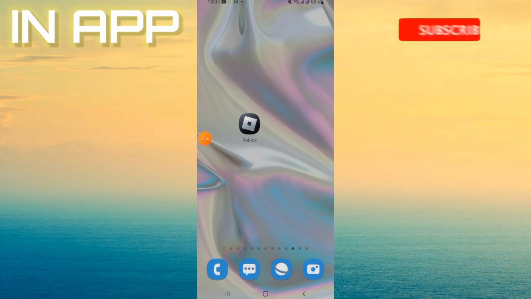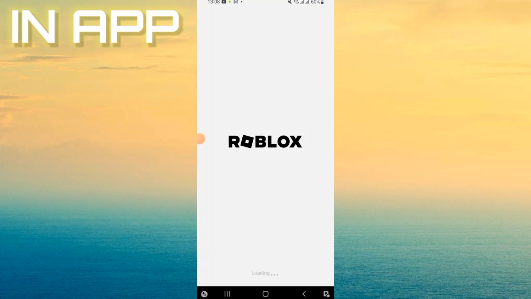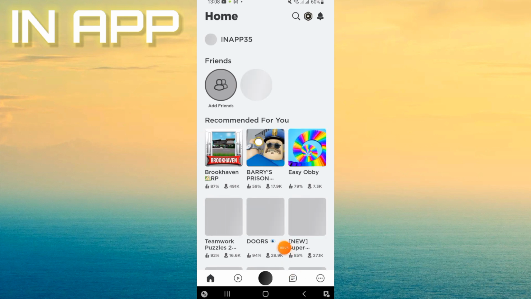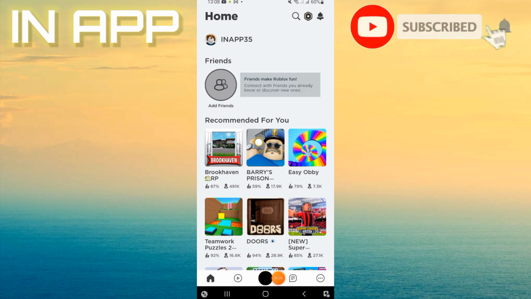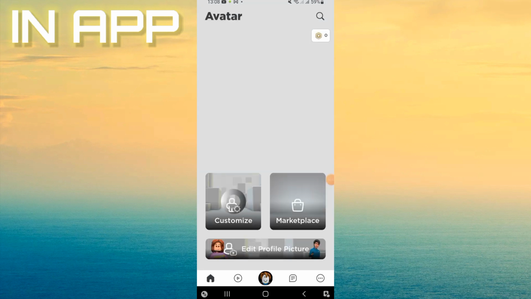So first you need to go and open your Roblox. After this, as everyone knows, Roblox will open directly on your home page. So what's next? Right now, you have to come to this, click on it, and then click on